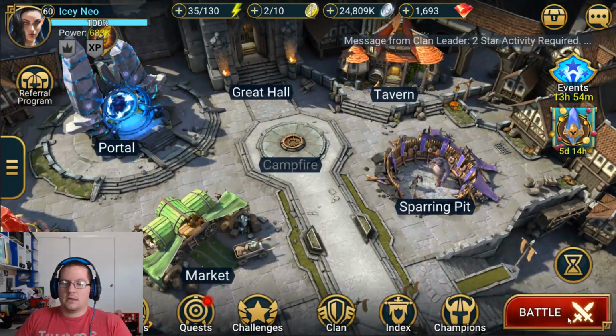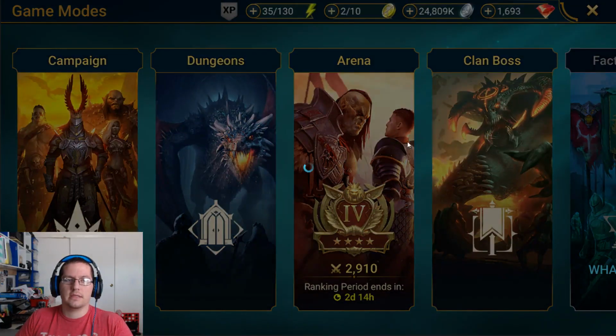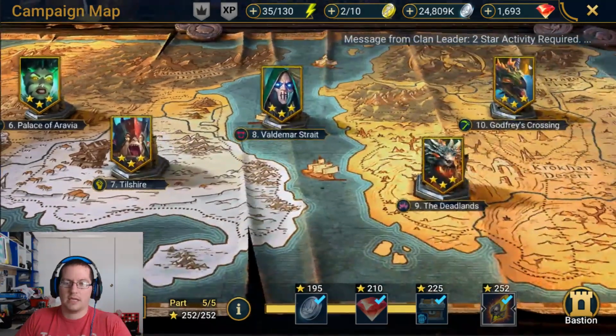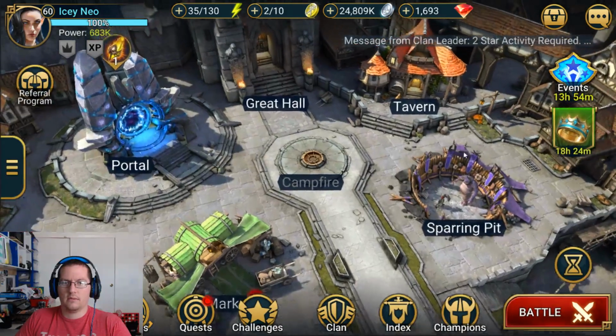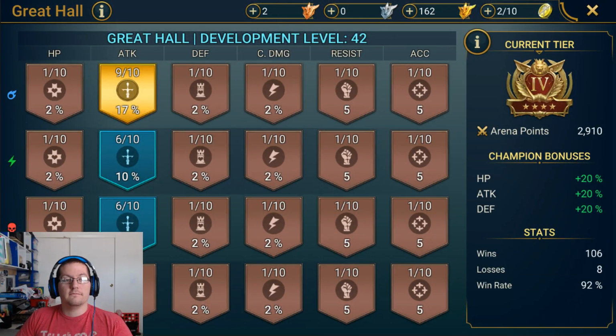Let's see here. If we go back to battle, we already went through dungeons. The campaign, obviously, I have all of the campaigns finished and 3-starred everything. And I believe that's pretty much everything on the account. Oh, Great Hall. I didn't look at these. This is very unfortunate, and I do not